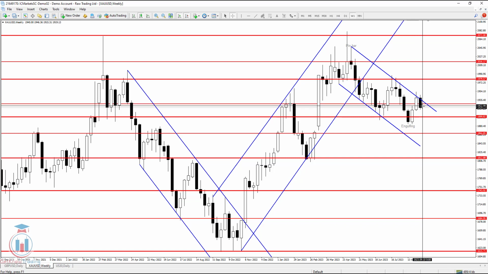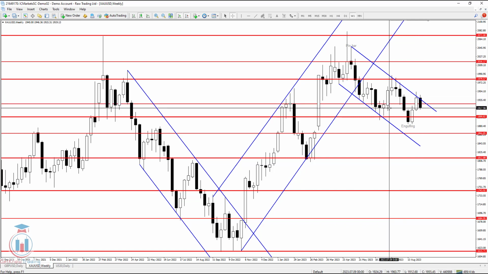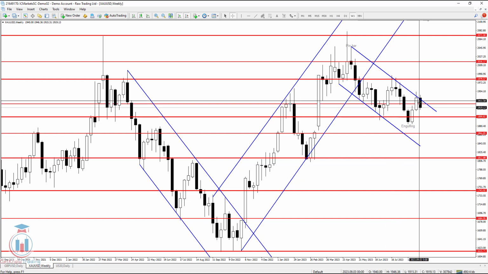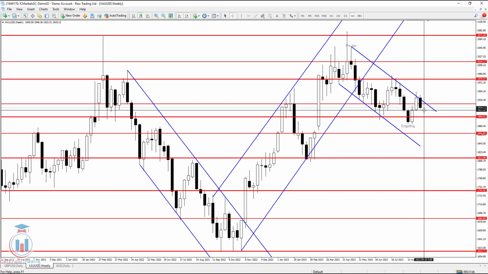The price has dropped down. We can see that the price has stopped here where the small confluence of support is, and also it is very close here to this resistance. Now the price did not reach this price level, which is 1913, but it was very close at 1914,